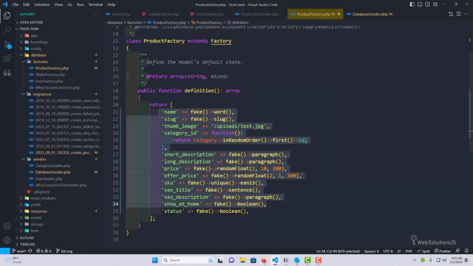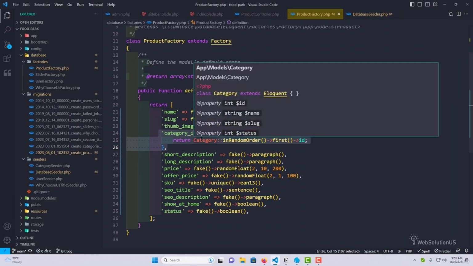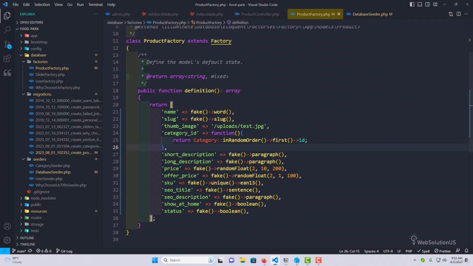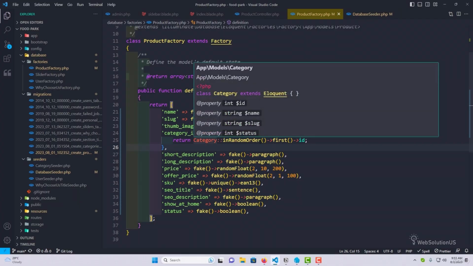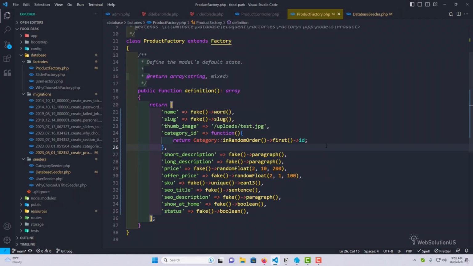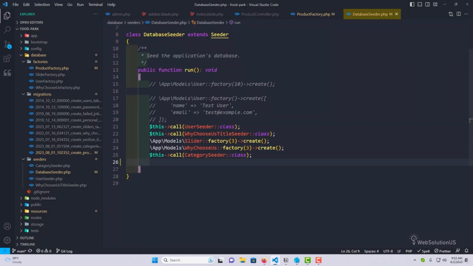Because look at here, in this column we are using the category, right? If the category table doesn't exist before the product table, it will throw an error, right? First of all, that means we have to create the categories, then we have to create the products. So that's why we have to maintain the order. First of all, we added the category seeder. Then what we will do, we will just call our